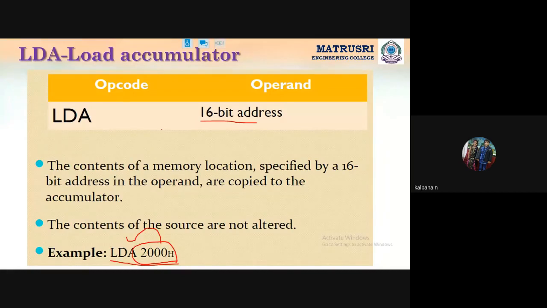Okay. So 16 bits means 2 bytes. 2 bytes means 4 nibbles. Right? Yes or no? 1 nibble in hexa, 0 means the equivalent of 0. Hexa into binary is what? 4 zeros. Right? So like that, a 16-bit address means the hexa number will be represented in 4 nibbles.